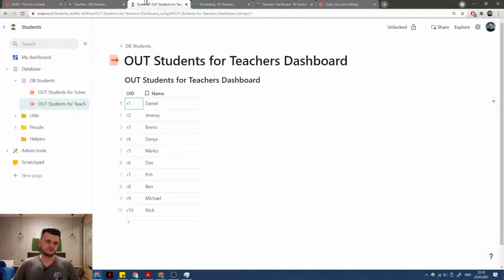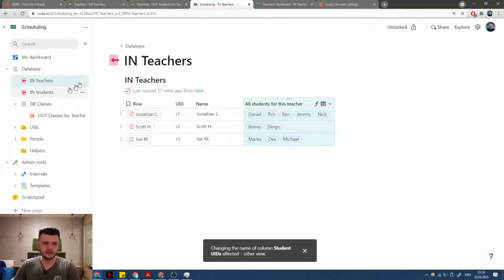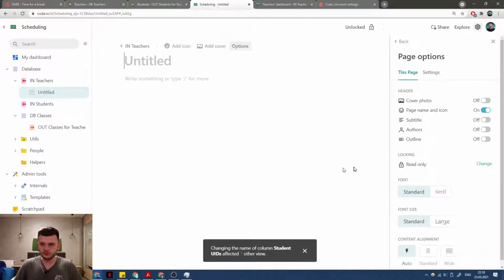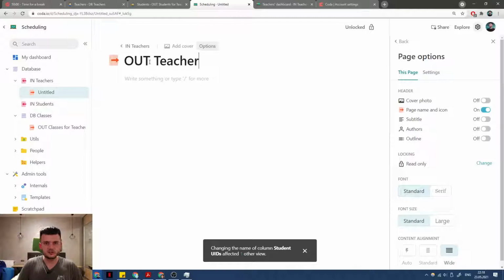How do you do that? So what is the right decision here? From in teachers, you create an export view, a subpage, which you can call, so again, it's an export view, out teacher. Just give it a characteristic name. So teacher students. You don't have to, but if it's long enough and characteristic enough, it helps you understand what this means,